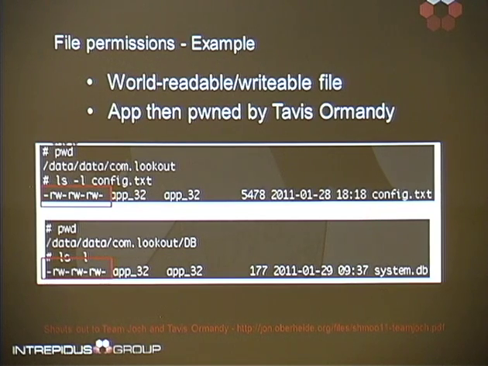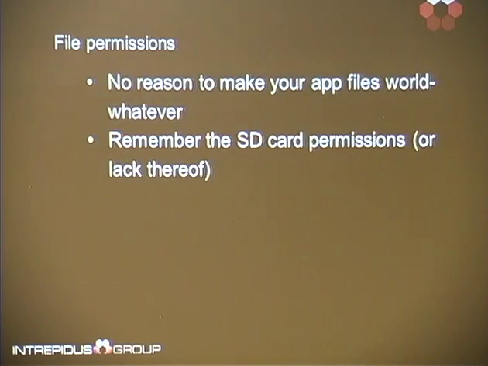The whole development environment tries pretty hard to prevent you from setting relaxed permissions on application files. Eclipse, for example, throws a ton of warnings saying, are you really sure? Are you absolutely sure that you want to set a world writable permission on the file? So most of the time, as a pen tester, I would recommend to your clients, don't use world writable stuff. There's really no reason to do that.